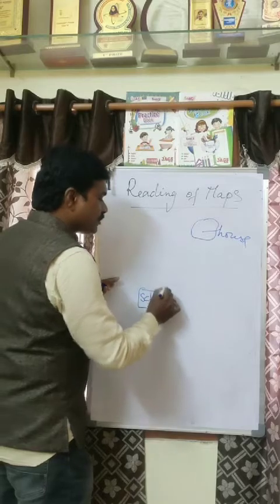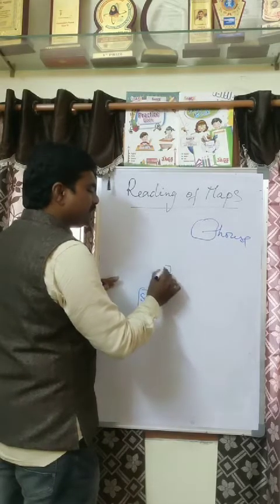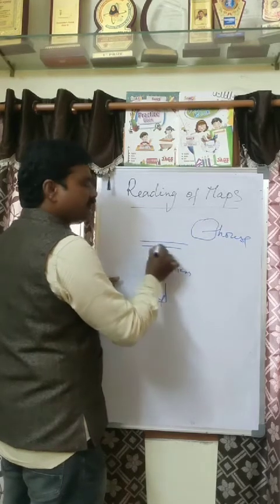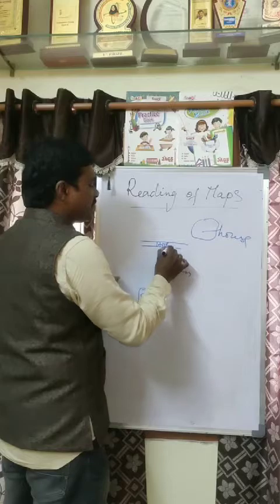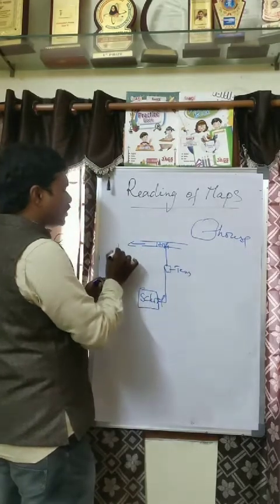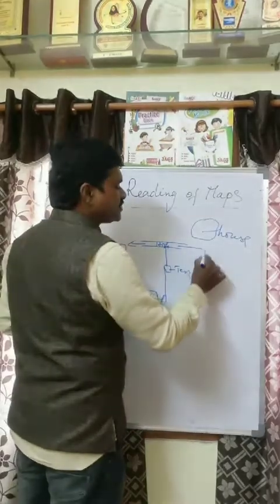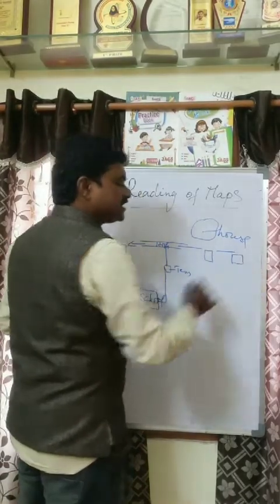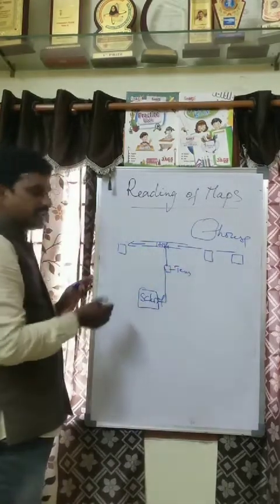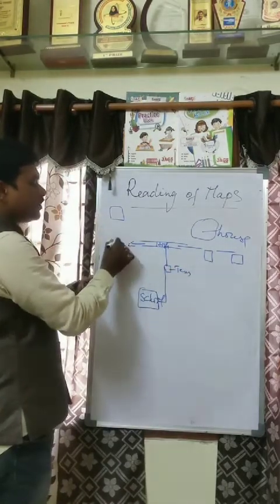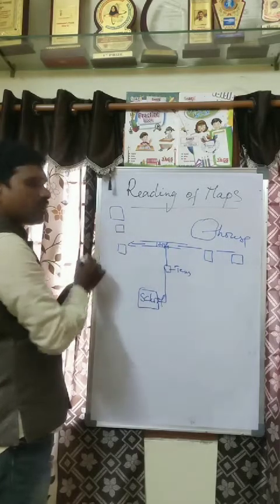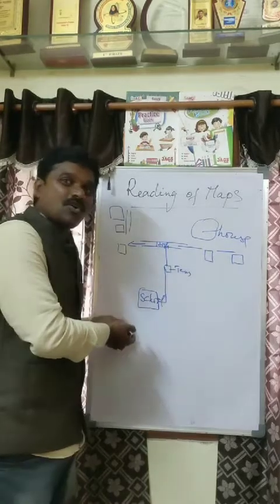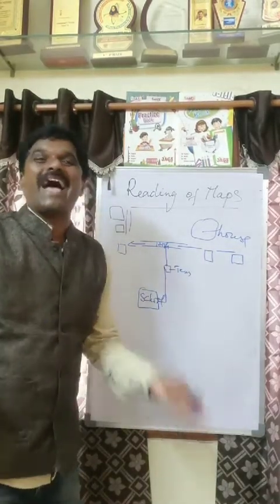From school, if you go straight like this, you will get a temple here, so you draw a temple here. If you go straight like this, you will get a highway, so you write a highway here. If you go like this, you will get a petrol bunk here. If you go like this, you will get a church here. Is it clear? If you go directly like this, you will get a bus depot here. If your house is located on this side, and you go like this, a small hospital is there. So we have to go like this. So dear students, what I have drawn on the board is a map.